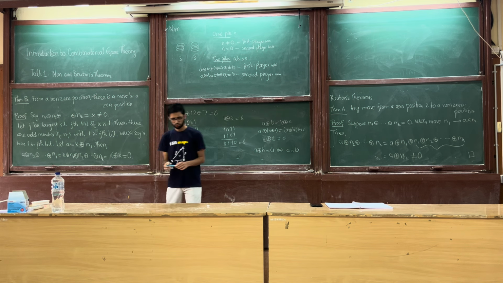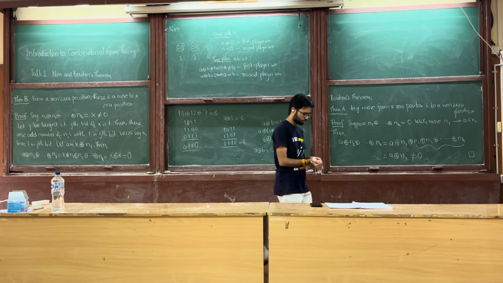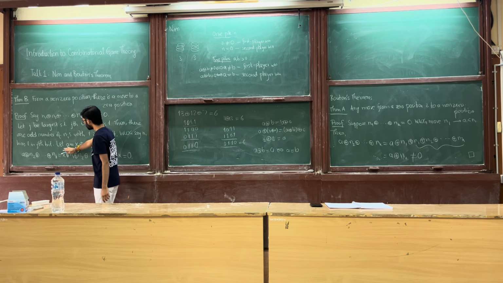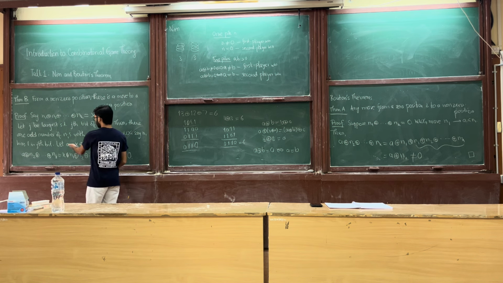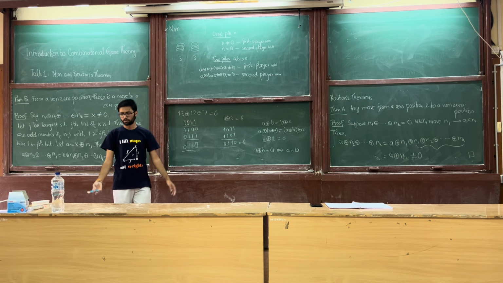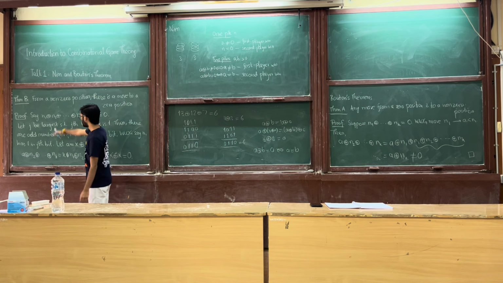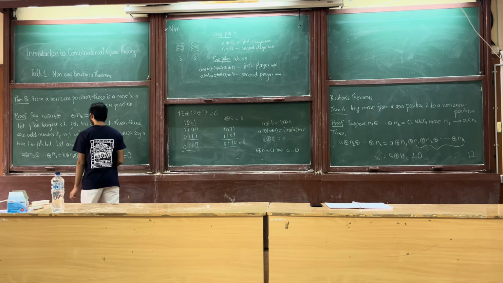But okay, you might be thinking, oh, this is done, but it's not, because you need to show one more thing. You need to show that this a is strictly smaller than n1, because what if it turns out to be bigger? Then that's not legal, since you can't make a pile bigger. So I have to prove that a is smaller than n1. And to see that,